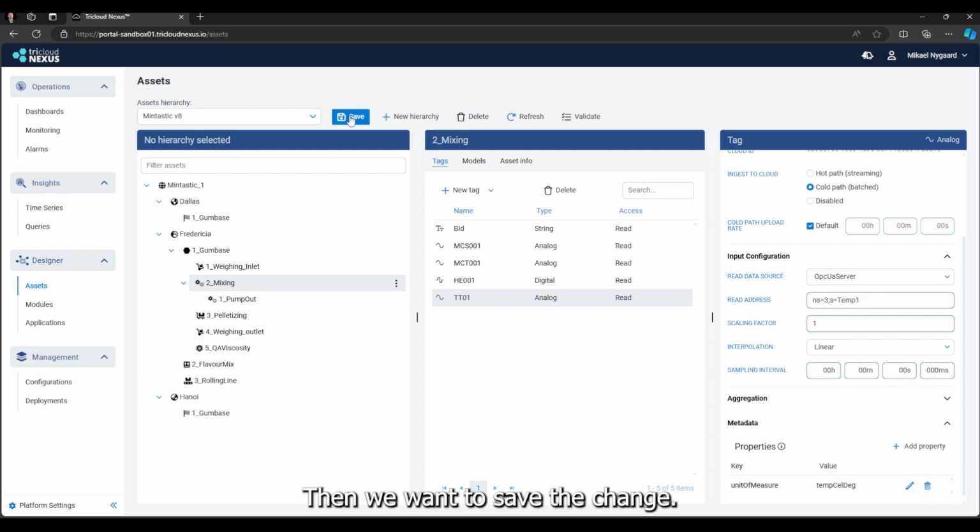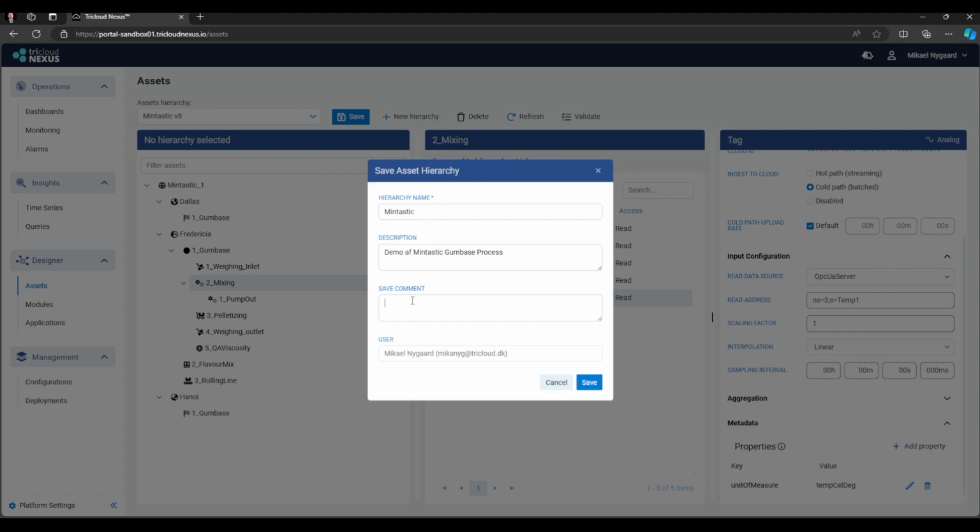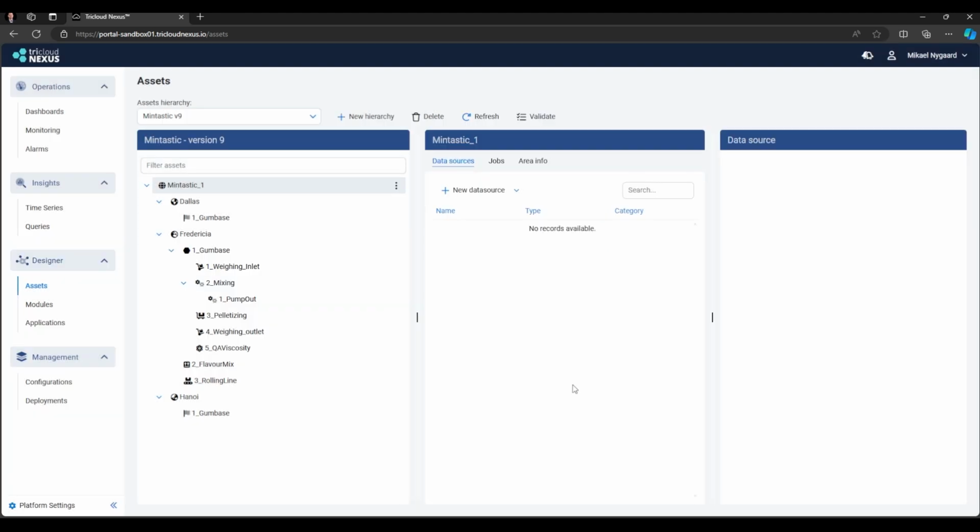Then we want to save the changes, give it a comment, and save the changes. The next step is to deploy these changes to an edge device at the site in Fredericia.